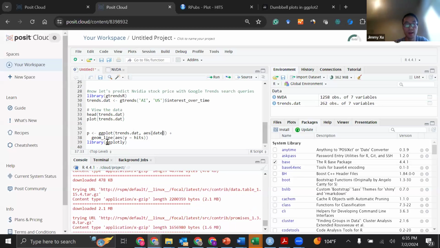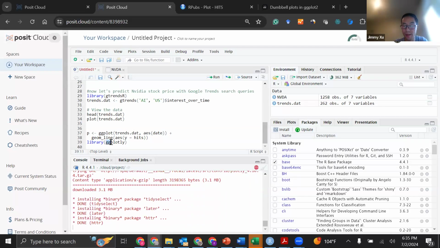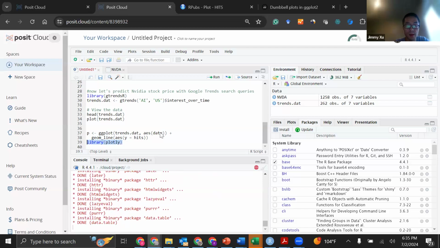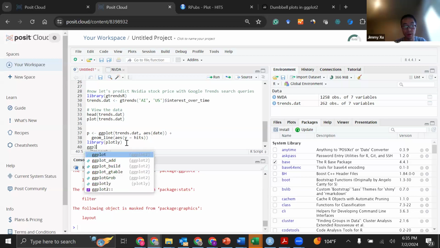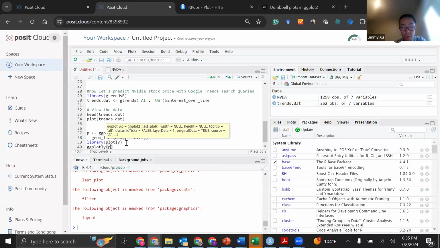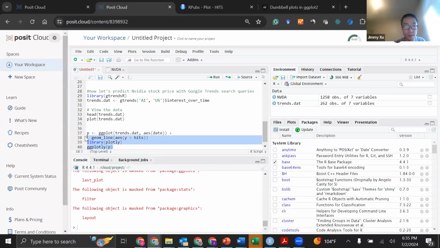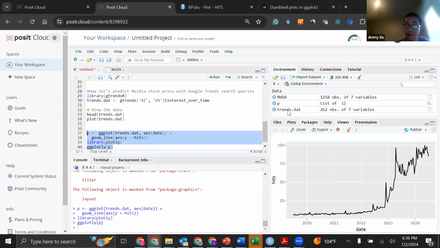Install it. And then here again, so library plotly, we run it again. Okay, click run. Congratulations, we are almost there. Now, I think I'm going to enter it briefly. And you see here, I'm going to run the whole thing. All right. And you will see the change on the lower right